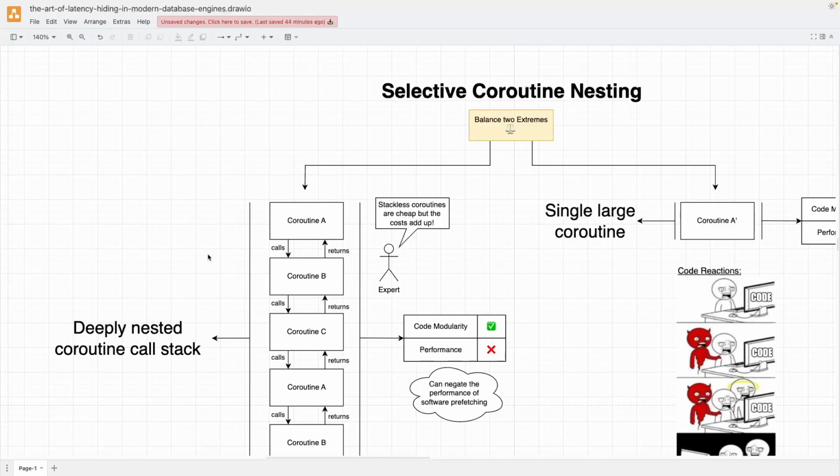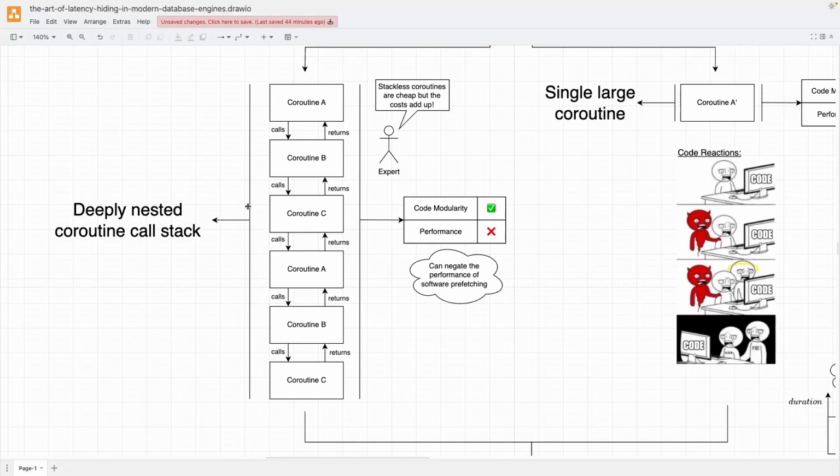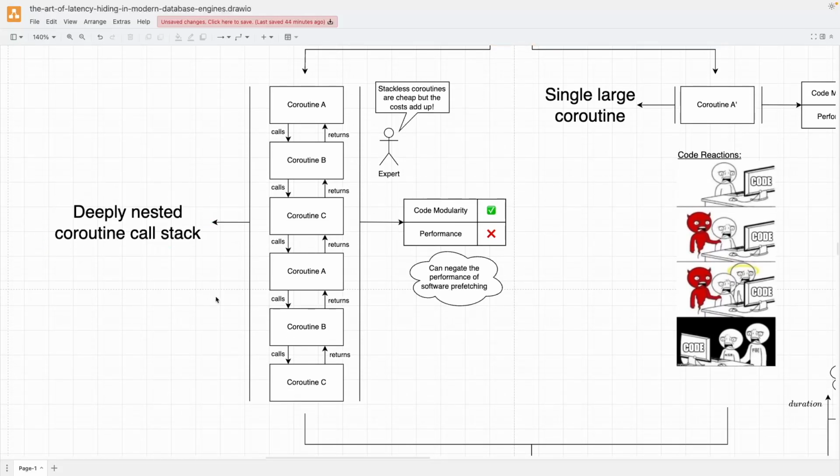So the authors note this as what you see on the left of the screen here as a deeply nested call stack. So what's happening here is in making your code nice and modular, nice to work with, what you'll end up doing is you write a lot of functions. One function calling the next, and so on. And each function is nice. It's very specific. It has a single responsibility. It's well named, so it's easy to debug in the future. All the good stuff. But the problem is that because of this modularity, the performance is very bad